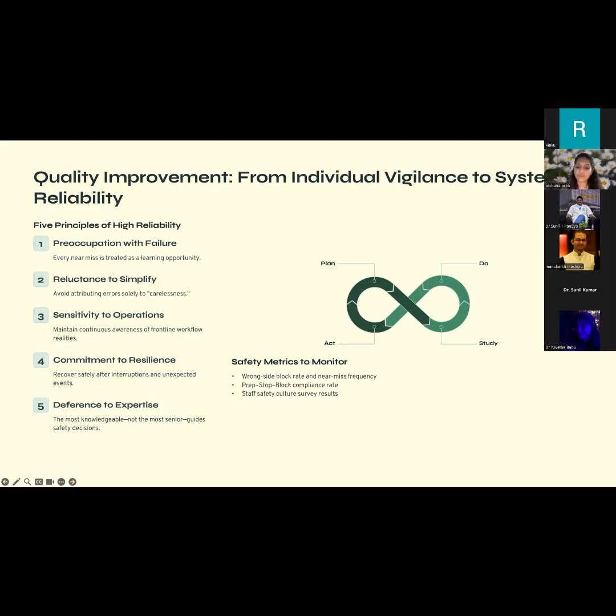So, safety metrics to monitor. Always look, especially when it comes to regional anesthesia, at how many near misses you might have had. Encourage your team also to report it, giving them that peer support, and that is when your systems can be strengthened. Institute the checklists, and not just for your own doctors, but also for the paramedical and assisting staff itself.